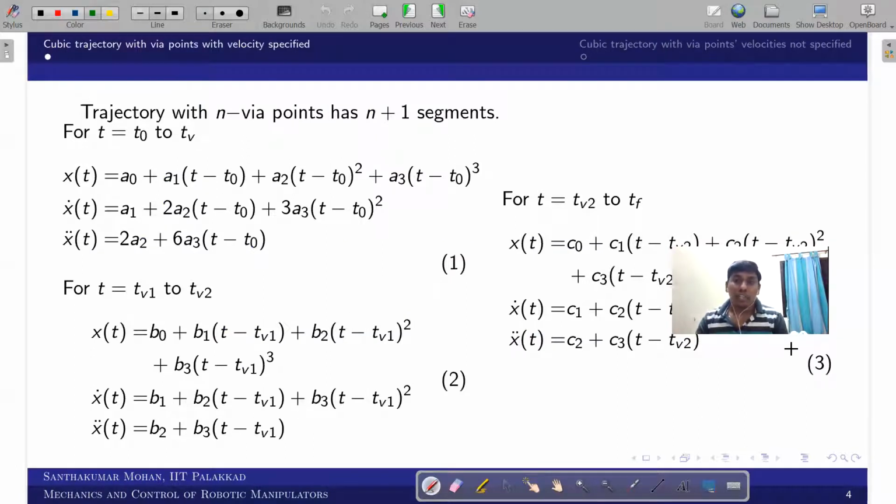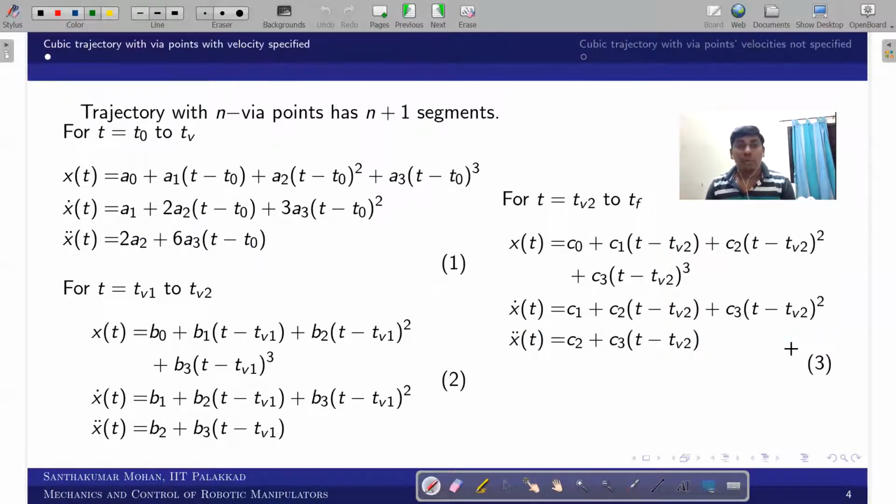Just to understand, in the last video on trajectory generation I showed one via point, but here I wanted to add two, and in the simulation I even tried to show three. Each one can be considered a different segment. That is the advantage if the initial and final velocity of individual segments are given, or if the via point velocities are given.